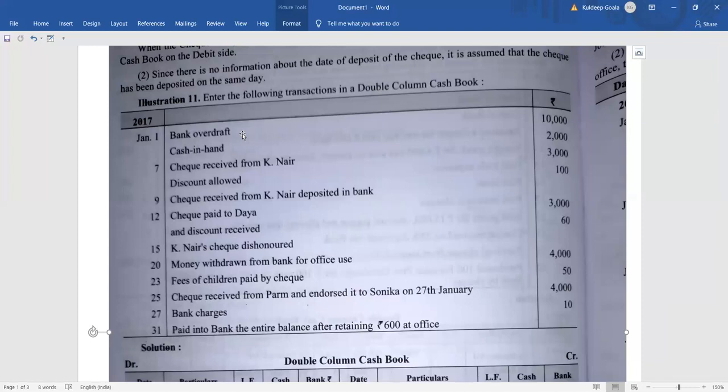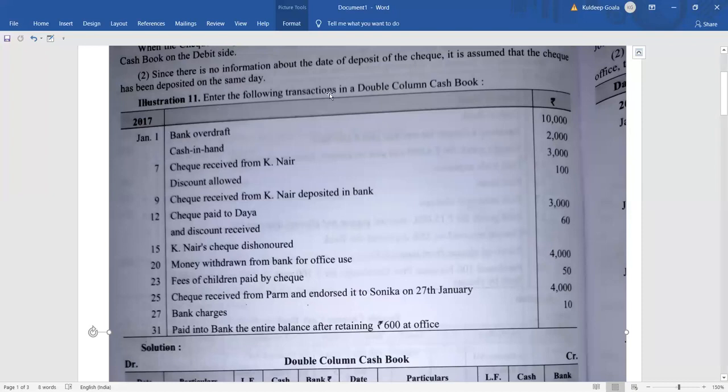And if it is showing debit balance then it will come in the debit side as to balance brought down, ठीक है। कैश इन हैंड, कैश एट बैंक याद रखना, ओके। सो कैश इन हैंड अगर है दैट मींस ऑब्वियसली पैसा है, कैश एट बैंक अगर है मतलब ऑब्वियसली पैसा है। तो बैंक ओवरड्राफ्ट है मतलब तुम्हारा नेगेटिव बैलेंस है, वो क्रेडिट साइड में जाएगा, लेकिन अगर यही कैश एट बैंक होता तो ये डेबिट साइड में आता। I hope this concept is very very clear to you, okay। If it is not then please message me, call me, I will explain to you again.